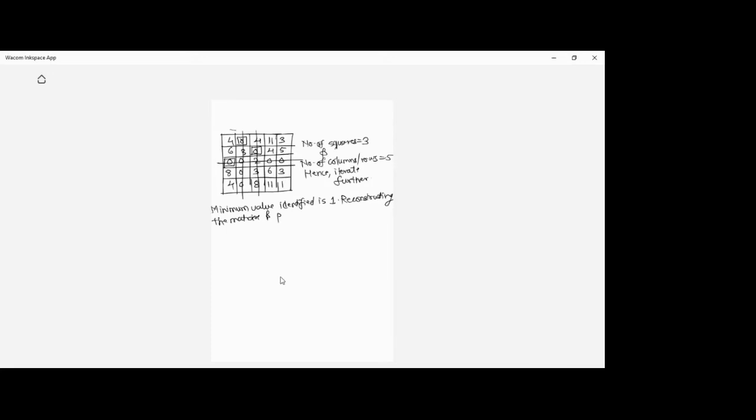and performing row and column scanning. So we are going to perform row and column scanning after reconstruction. So let's reconstruct this matrix. So the matrix can be given as,